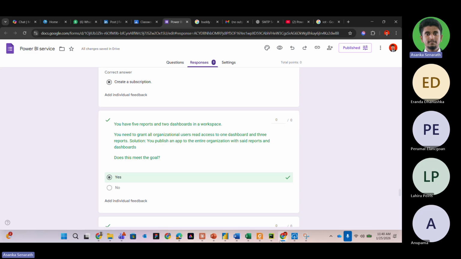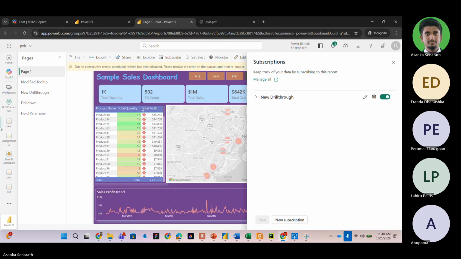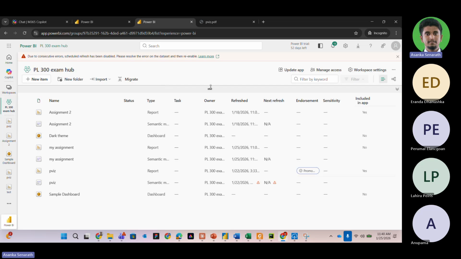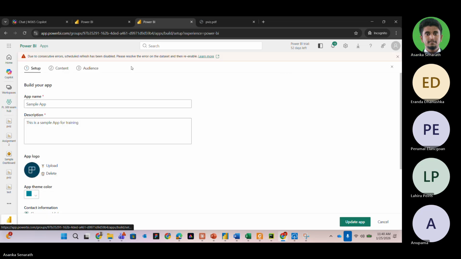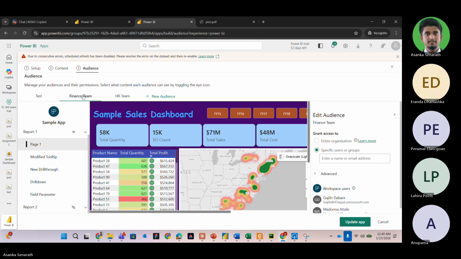We have discussed this one. When you're creating audiences in the app, we have the option to give it to the entire organization, right?